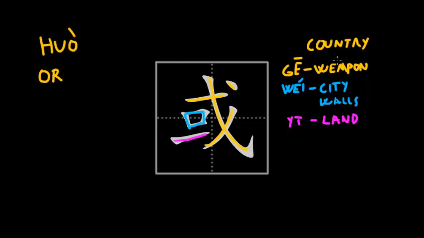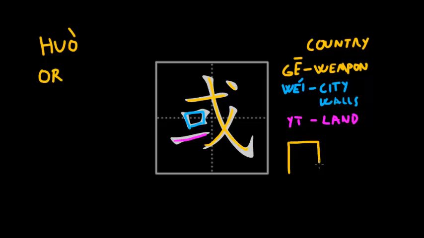Like I said just now, all elements in the character point to the meaning. None of the elements point to the sound, and that's what a meaning compound character is. So one more thing that I wanted to add was that at the time when this character was chosen to represent the word or, for a very short time there was a situation where 2 different meanings, or and country, were represented by the same character. So in order to overcome this problem, a new character was chosen for the original meaning, which was country, and the new character was this one,